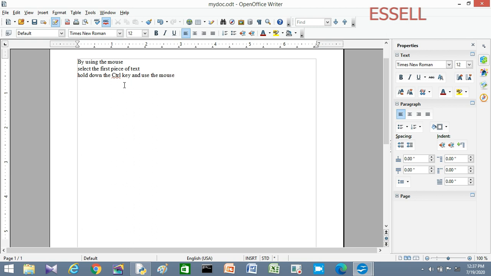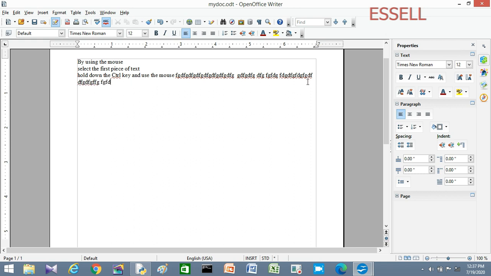Then what happens when we are typing is that the cursor moves right, and when we type more text, the cursor comes to the next line after the end of this line. Therefore the cursor moves to the next line.